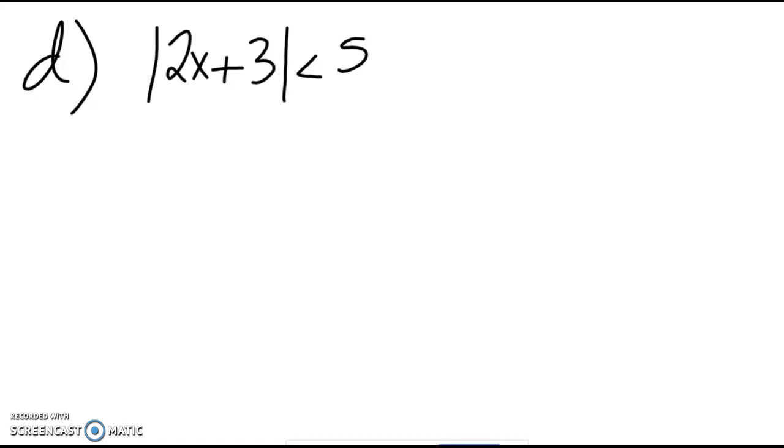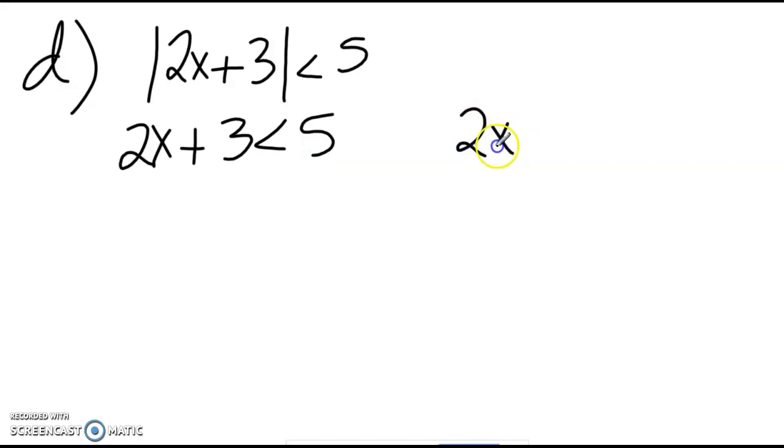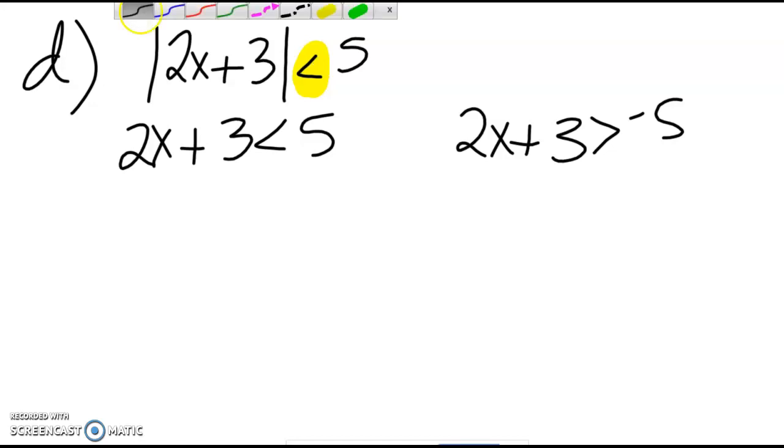Okay, so let's take a look back at our notes. You said 2x plus 3 is less than 5, and 2x plus 3 is greater than negative 5. Okay, so tell me, when we have an absolute value that's less than, you can do this, but what's the word? There's got to be a special word in between. Not for less than; for greater than we put or. It's the union. So it's going to be and, and so we're going to want to put